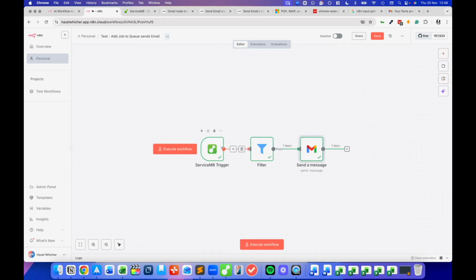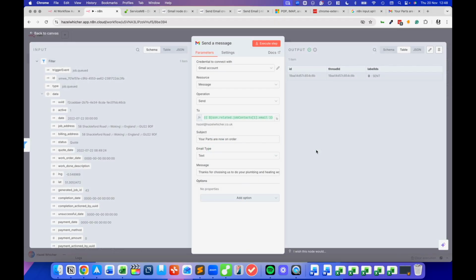Okay, so now I have a working workflow where if I add a job to the parts on order queue in ServiceM8, it will send a message. So that's very cool. So now next I could work out how to get rid of the sign off, "Email was sent automatically with n8n." So let's Google that and see if we can